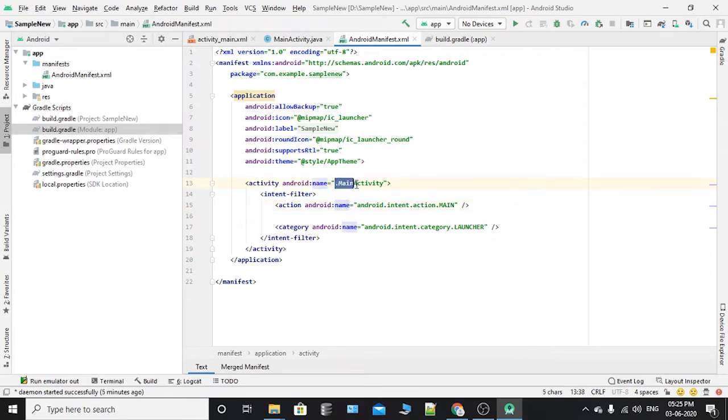This is as our class, using the full package designation. Actually, in default, this com.example.sample new will come here, but we simply define it as dot main activity. And second thing, all the permissions.